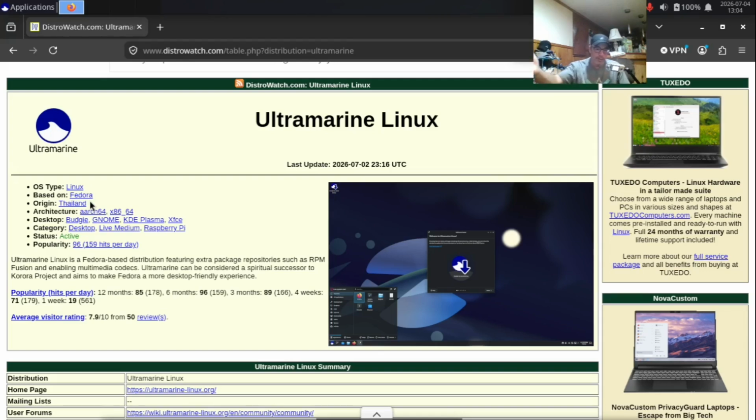Getting back to what I should be concentrating on, this Ultramarine Linux. It says here it does offer different desktop environments. So you've got Budgie, GNOME, KDE Plasma, and XFCE. Given the limitations of the laptop that I'm using for my distro hopping videos, I'm almost always going to go with XFCE if it's an option. However, I think I heard something recently where maybe even XFCE is not going to be